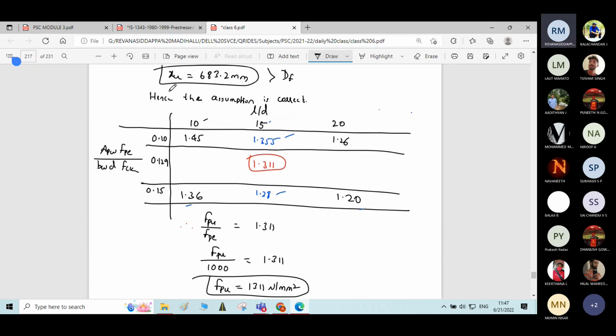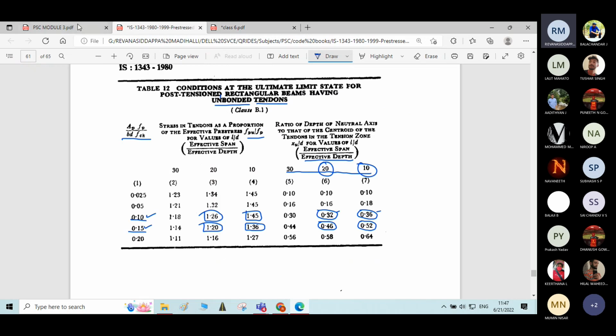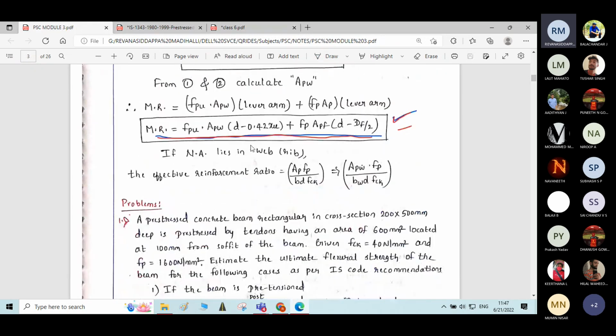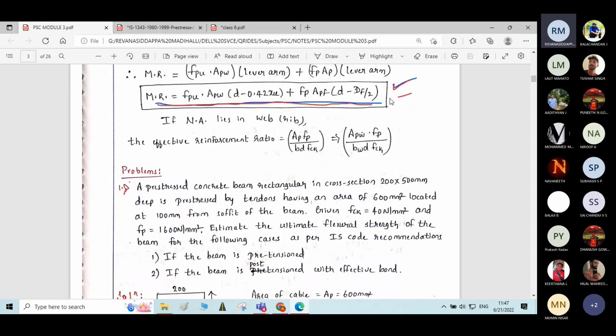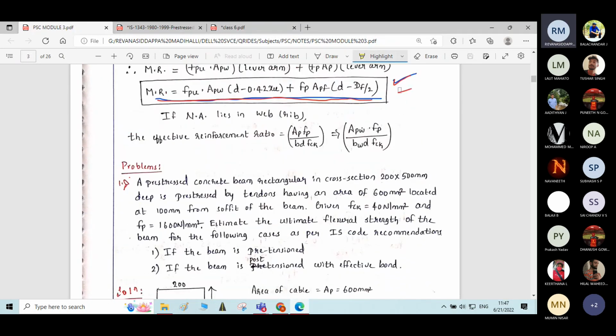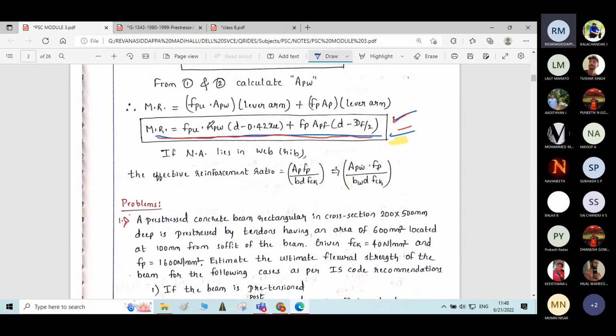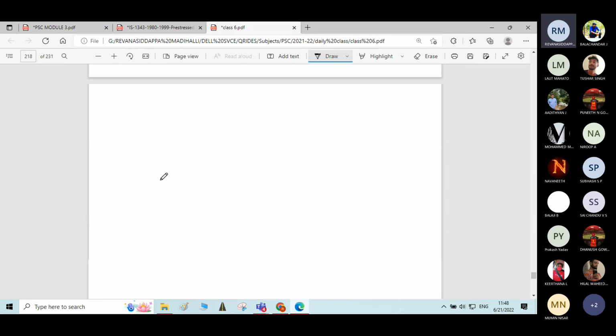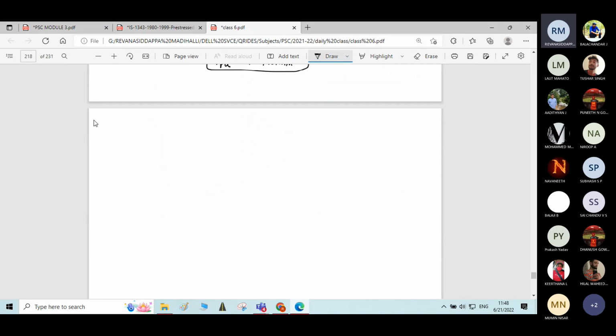Now all the required parameters to calculate the moment of resistance are known. Just use this formula and get the value for moment of resistance. Let me copy this same formula here. Moment of resistance is equal to, we know that when depth of neutral axis lies within the web, moment of